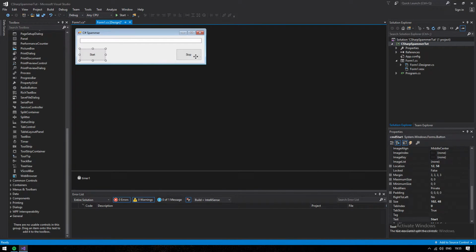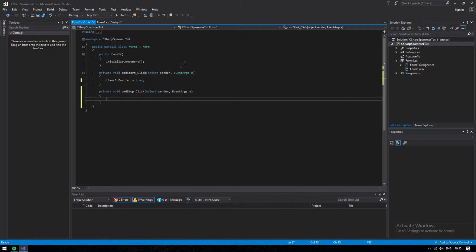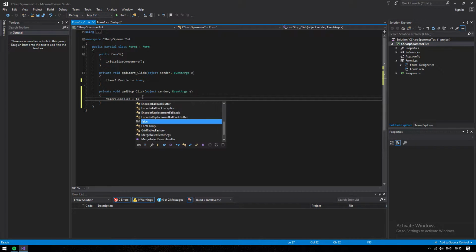Now we go over to the design, go to the stop button, double click it, and you guessed it, timer1.Enabled = false;